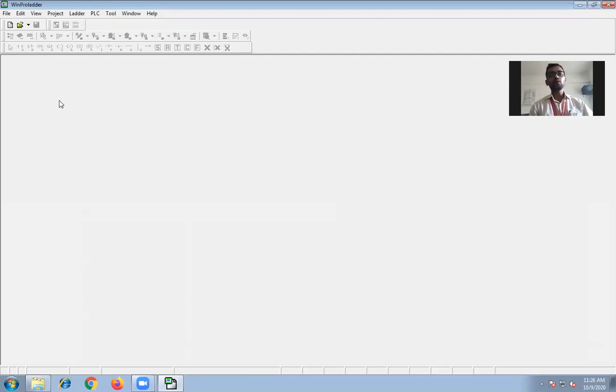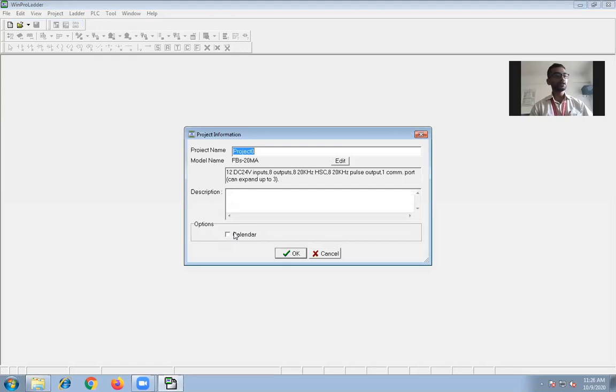Now, how to create a new project. Whenever you are starting programming, you have to create a project first. So in File, click on New Project. One window will come. You can give any name, let's say, first project. In our college, we are using FATEC PLC, so that PLC name must be entered over here. It is already entered because we use this software every time. But sometimes, when you have installed the software for the first time, a different name can be here. So here you have to click Edit. Here the list or series of FATEC PLCs is there.